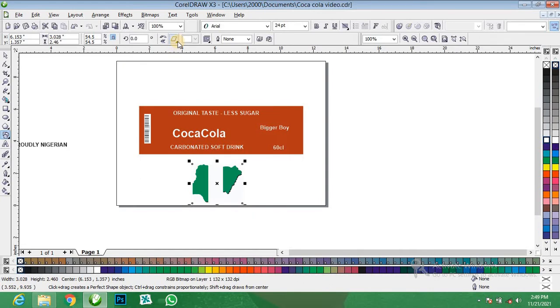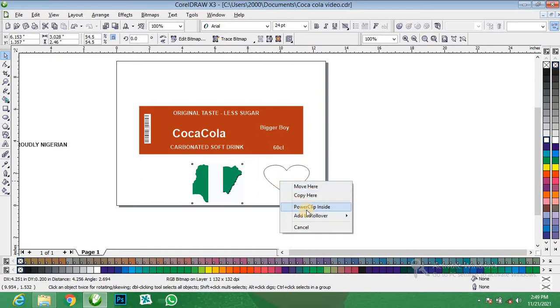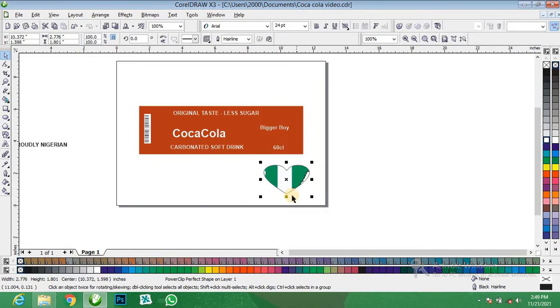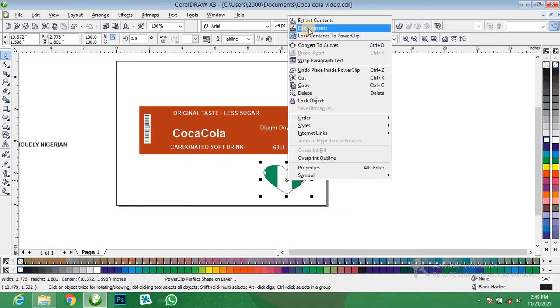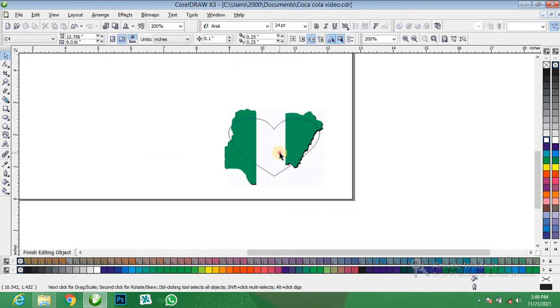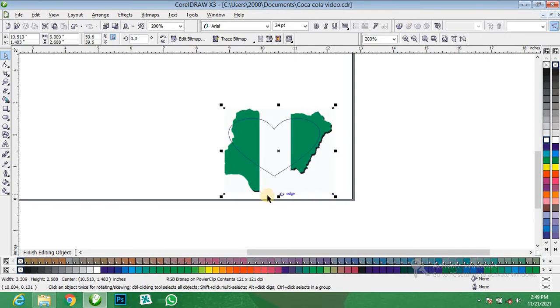Click on this, click here. You see we want to use this love shape here. Then power clip this inside. You see power clip inside. Click on power clip inside. Open power clip, edit content to edit the power clip.